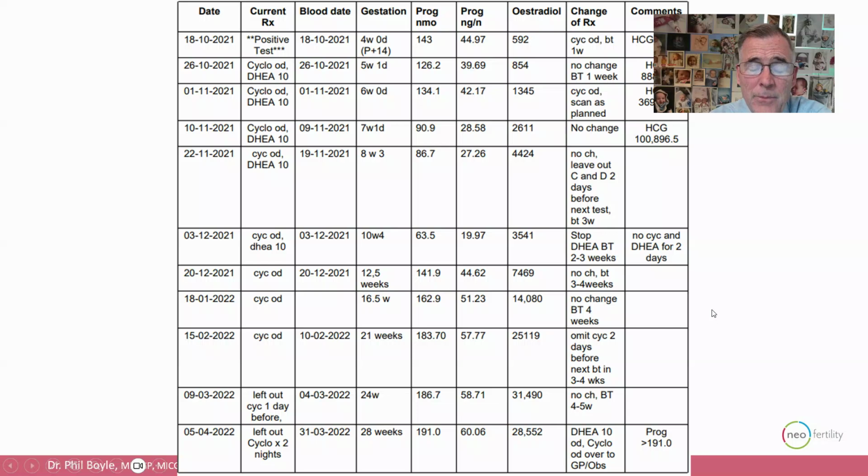And here's the point I would argue: with combined antenatal care between the GP and obstetrician, they don't measure the two most important hormones of pregnancy, your progesterone and your estrogen. And if they did measure them, they don't plot them on a graph, they don't know how to interpret them, and they don't know how to treat them. So I try to explain to our patients, we're doing something new that your GP and obstetrician don't do. Let them do the things they always do, but only let us guide you regarding testing, interpreting, and treating your progesterone and your estrogen. That's our area of specialty that they don't have any expertise in. So that's how I explain it to them and try and progress.